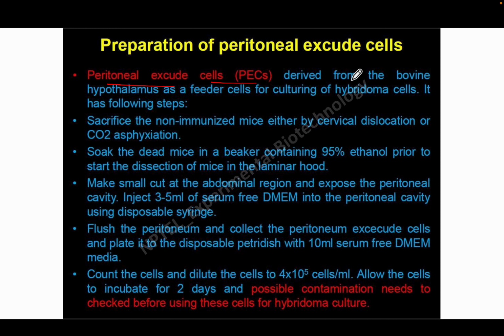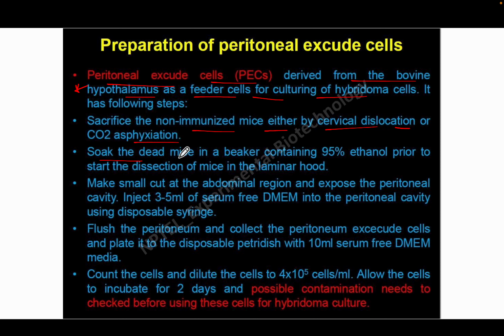Peritoneal exudate cells derived from the bovine hypothalamus are used as feeder cells for culturing of hybridoma cells. It has the following steps. It is important to know what peritoneal exudate cells are: those you are getting from bovine hypothalamus as feeder cells for culturing the hybridoma cells. So it has the following steps: sacrifice a non-immunized mouse either by cervical dislocation or carbon dioxide